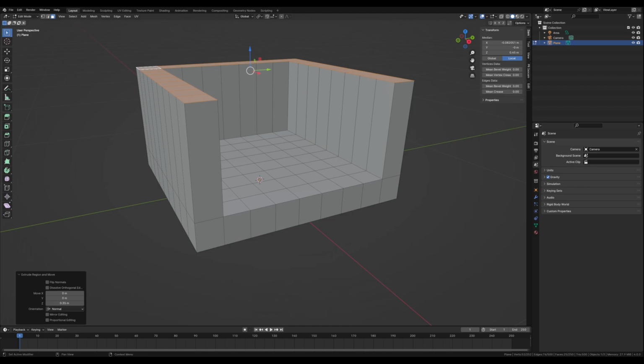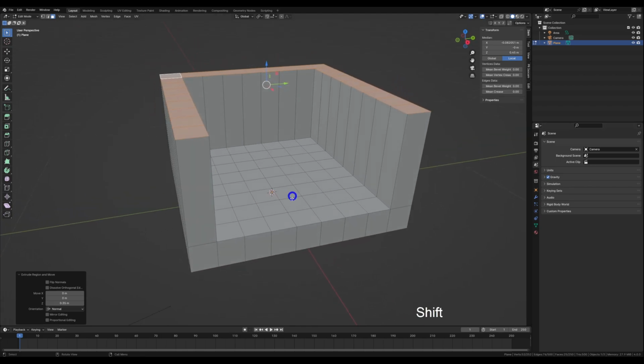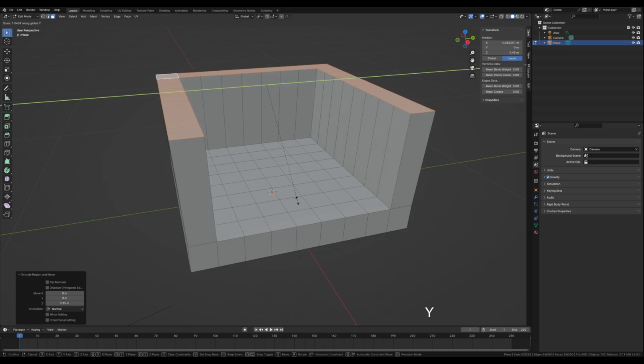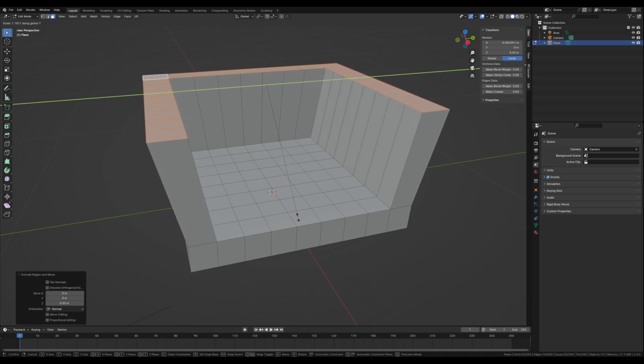And now we want to scale this, but only on the x-axis. So S for scale and X. No, in my example, I have to scale it on the y-axis. So a little bit, maybe 1.2. If you want to scale precisely, press Shift. Maybe something like this,